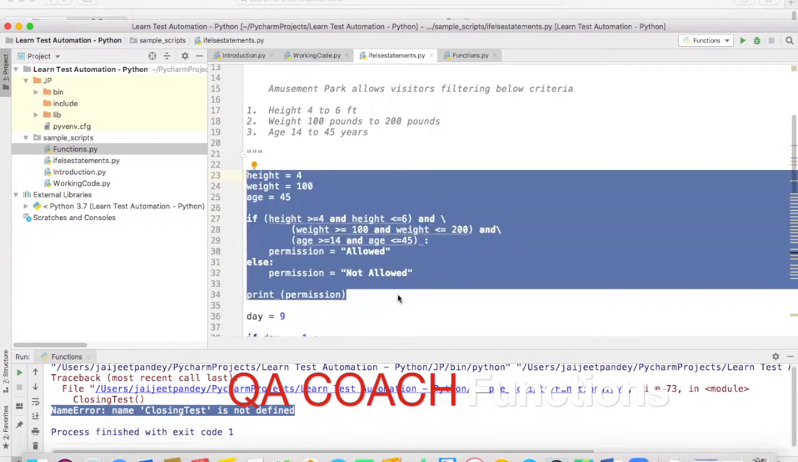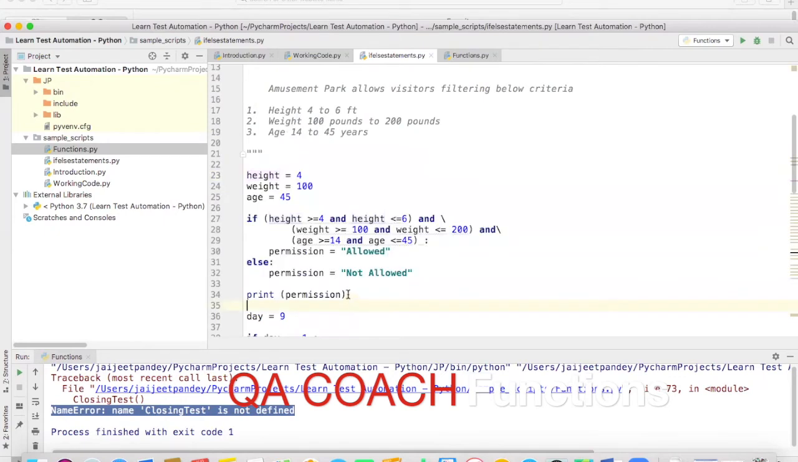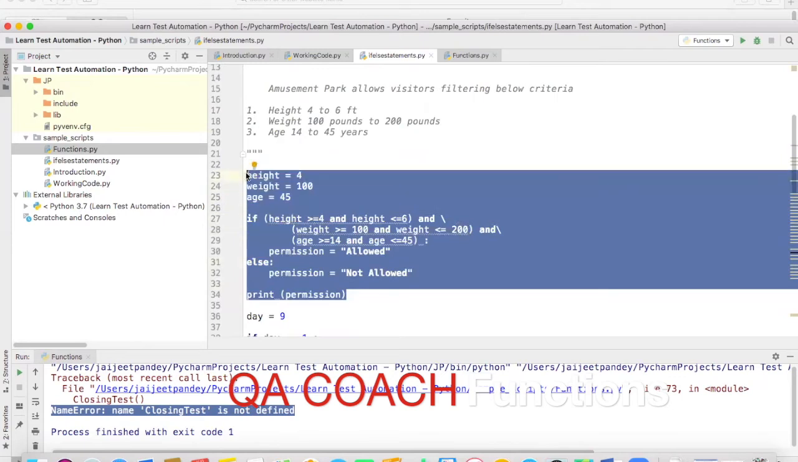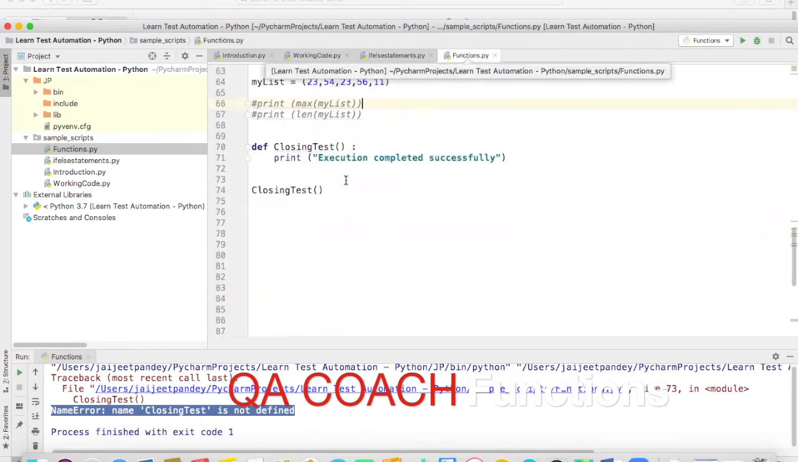So let's say we need to create a function. We need to design a function where we're going to pass height, weight, and age, and that function should print the permission slip, allowed or not allowed. So instead of writing, I'll just copy this from here, and I will go back to our program functions,